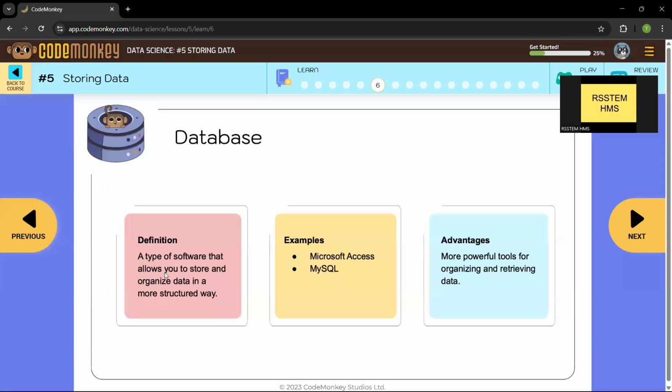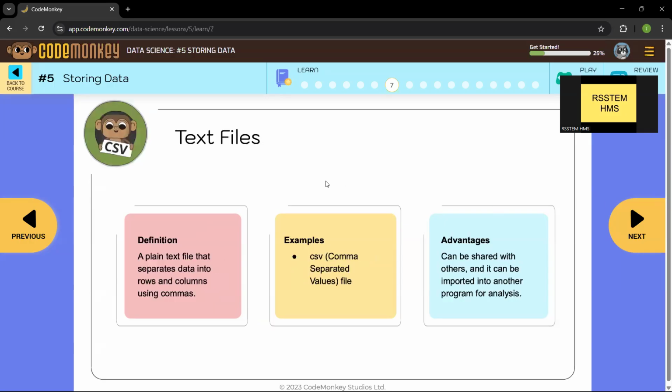A database is a bit complex, so it might be a bit more difficult for you to use. But since it is complex, it will also offer more powerful tools for organizing and retrieving your data. That is why people use databases sometimes. Examples: Microsoft Access, MySQL. Key examples. Next, the text files.